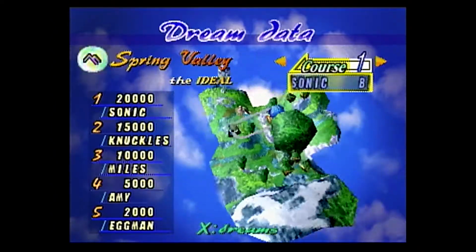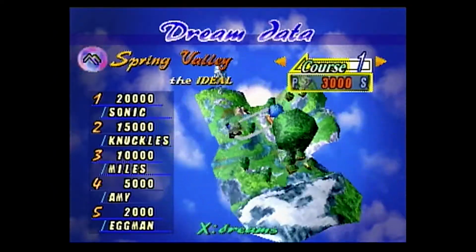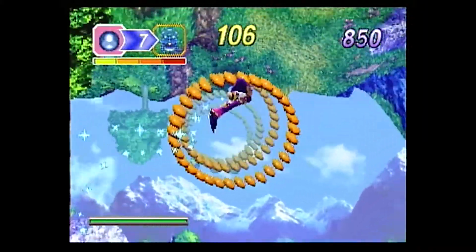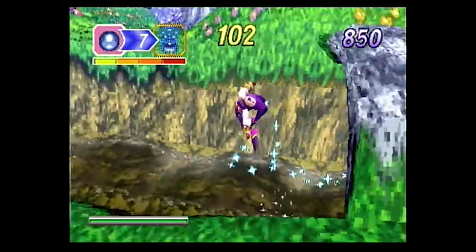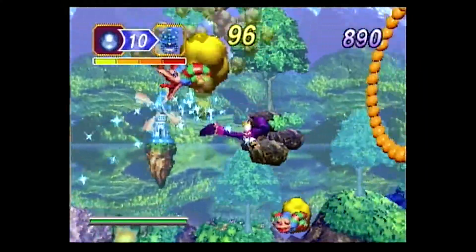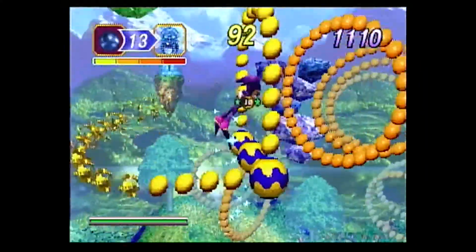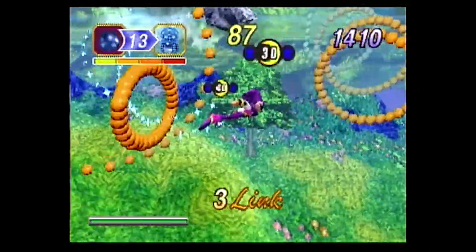Each stage has all the mares built into it, you just travel across a set path. And this makes things confusing as the mares have their obstacles drawn and you might want to go down a specific path but you can't because you can only either go right or left. Mostly right though. Each path is a loop back to the starting area. You have to collect enough chips to destroy an idea capture which houses the stolen dream energy. And then you have to make it back to the idea palace, which is the starting point, before the time